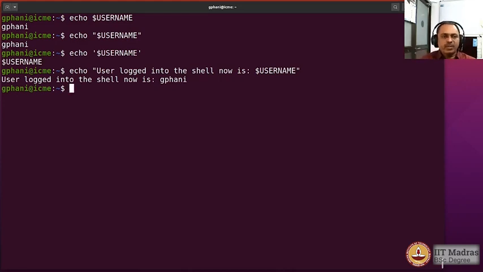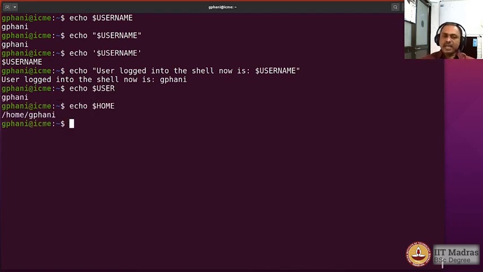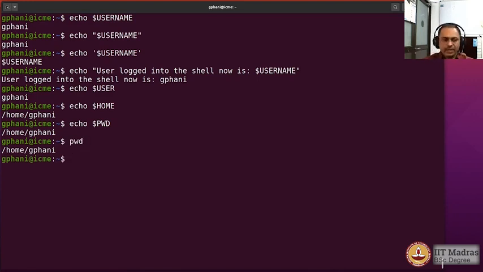So there are many more such useful shell variables. Let us look at each of those. So $USER is also the same as the username. $HOME is the home directory. Let us look at the value of the shell variable PWD. So it would have the value of the present working directory. If you type the command pwd in small letters, it would have the same value, and you could now change the directory and test it out.